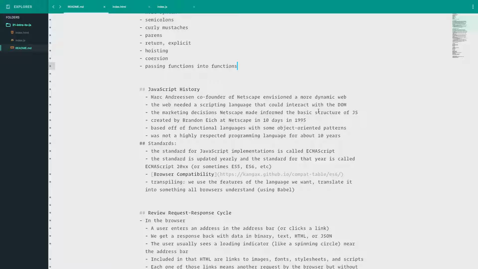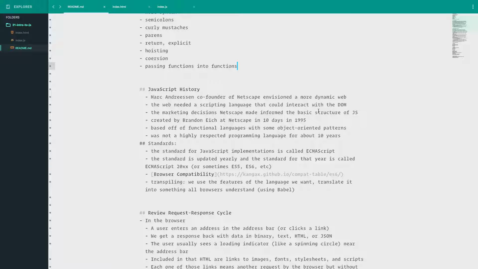Brendan Eich came up with JavaScript in 10 days. So you have to be a little bit forgiving when it comes to JavaScript because it was only created in 10 days. At first it wasn't a very respected language, but as newer additions came out and improvements were made every year, it became more powerful, more respected, and then when you got to things like Google Maps, people got to really see how useful it is. Because suddenly you can interact with maps. You couldn't do that back when you had MapQuest and stuff.